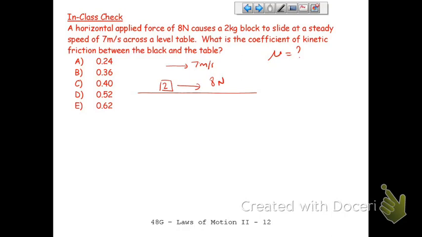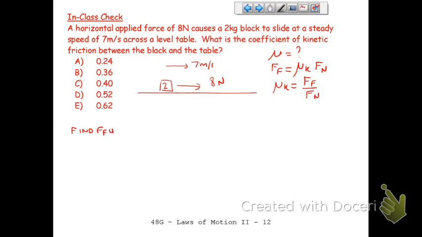Mu equals. Try and solve it in one step. What do I know that includes mu? FF is equal to mu k times Fn. So mu k is equal to FF over Fn. Oh, well, that didn't work. Okay. Find